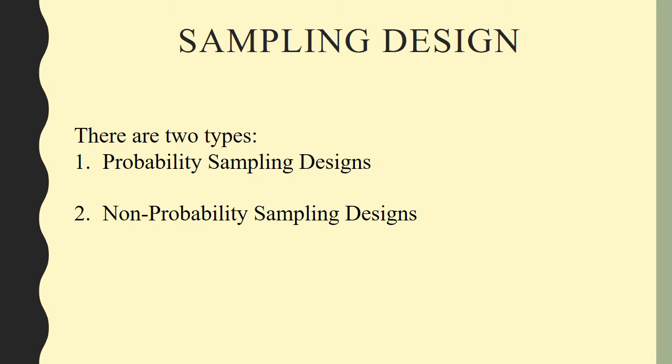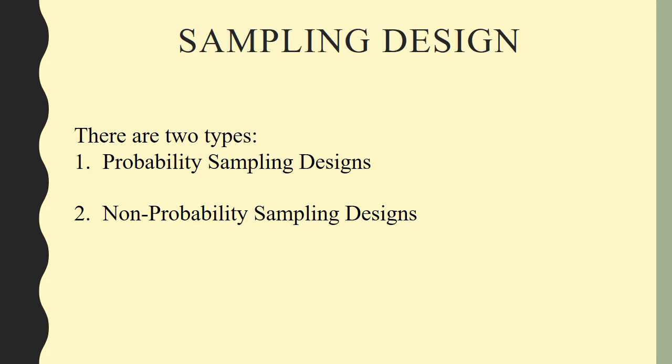Probability is the basic idea, right? That is what probability is: there is a known chance. We can't even say that there is an equal chance of every sampling unit getting selected. Remember this one thing: we are just saying that there is a known chance of being selected in the sample. So that is what probability sampling designs are.